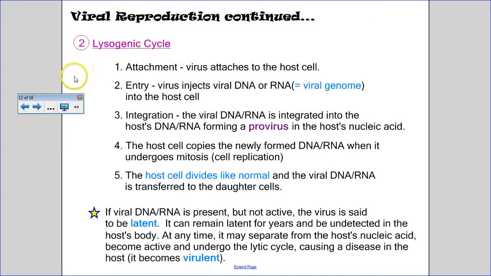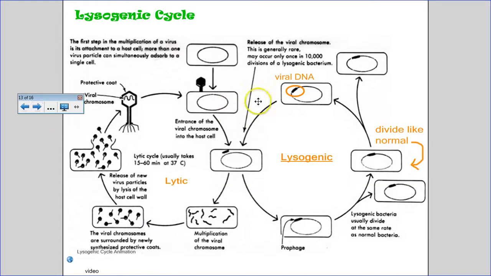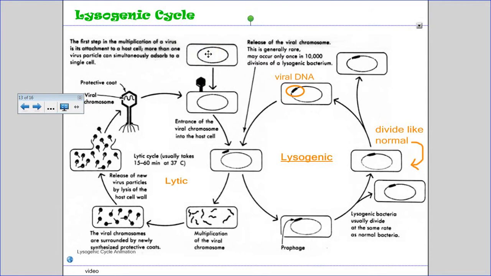The lysogenic cycle is the other type of cycle, and that's where basically the virus is going to incorporate itself into the host cell's DNA and sit there for an opportunistic time to break out and undergo the other cycle. Okay, so the first couple steps are the same. So if you look up here,